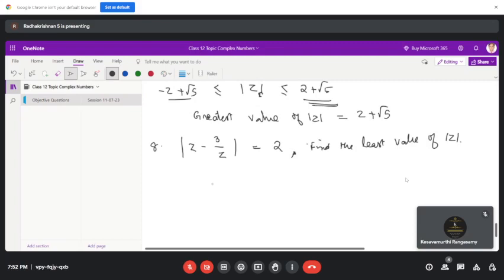Use the same formula, right? So mod of z minus 3 by z will be